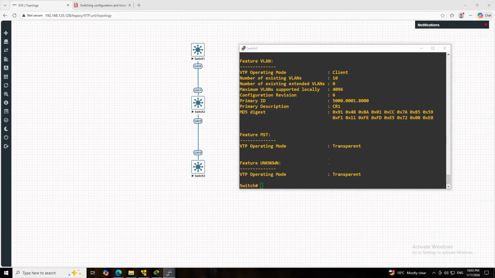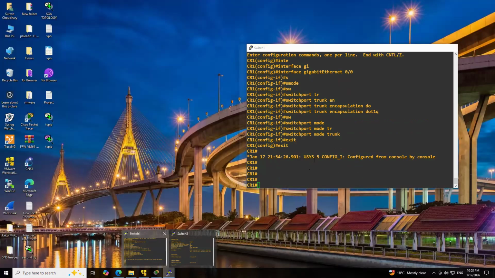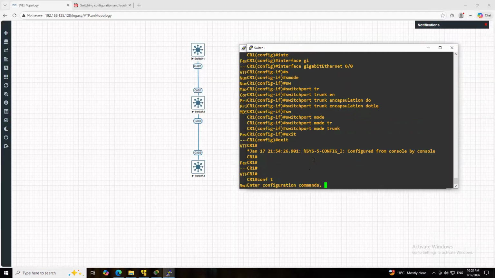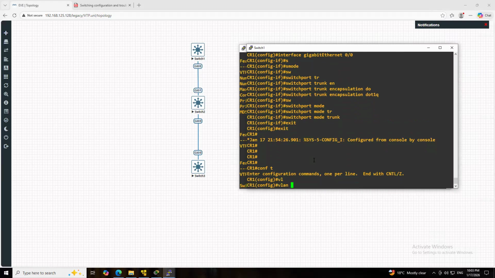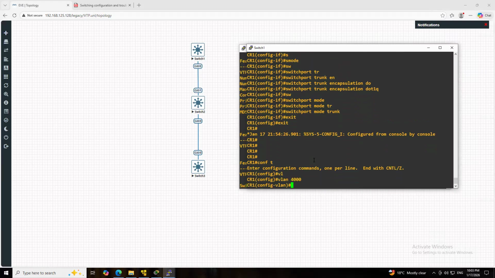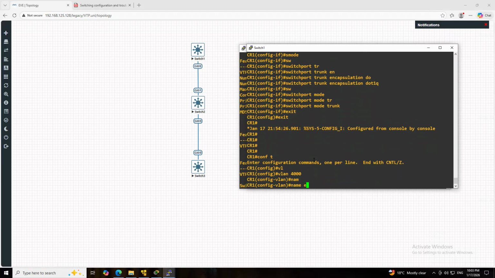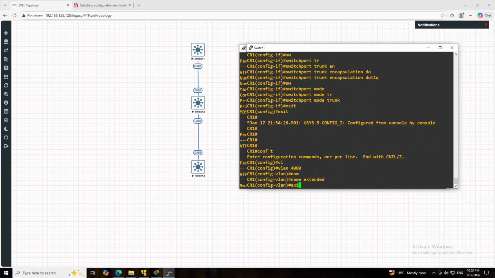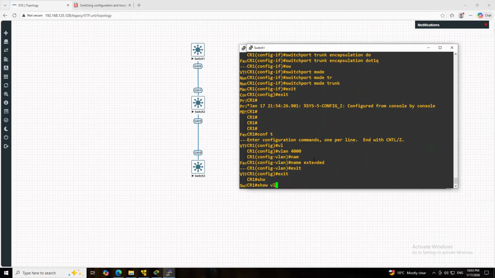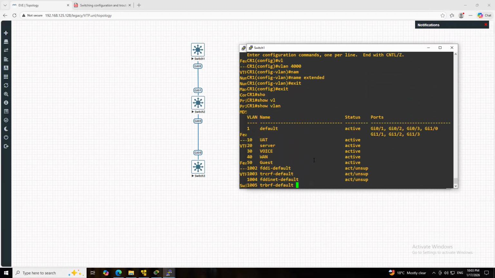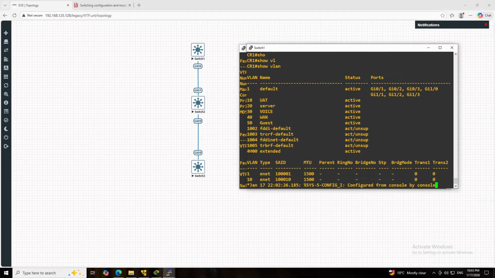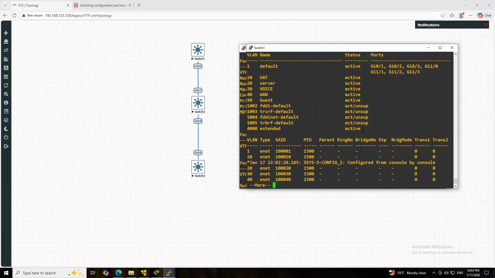Okay, now let's create a couple more VLANs on core 1. VLAN 4000 name extended. Let's run show VLAN. Here you will see VLAN 4000.